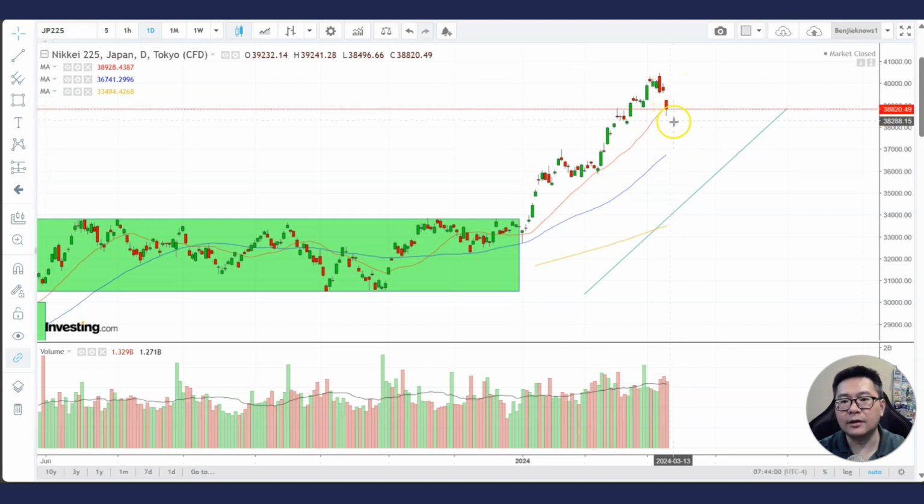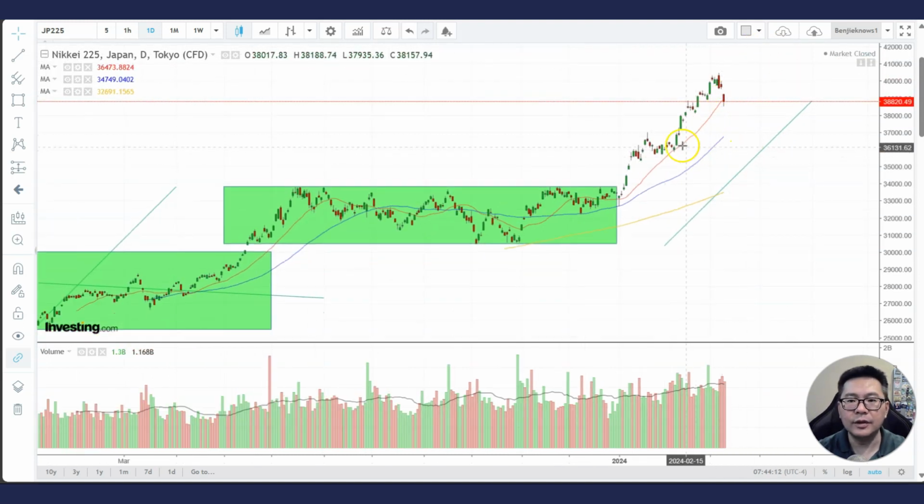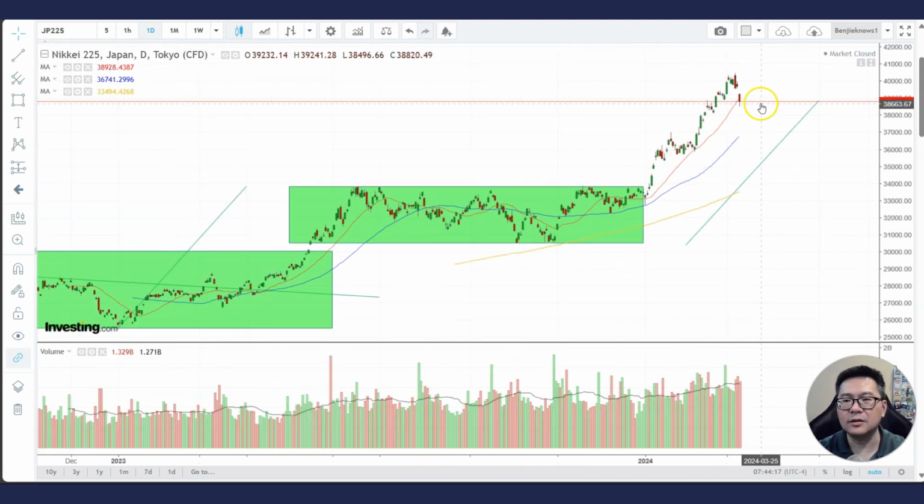It might correct down to this support area, or the 50 MA, and maybe dips and you can buy it, and maybe it will continue to make new highs. Okay, so don't worry, there's quite a lot of support here, support here, support here. I don't think it will just crash overnight at this moment,